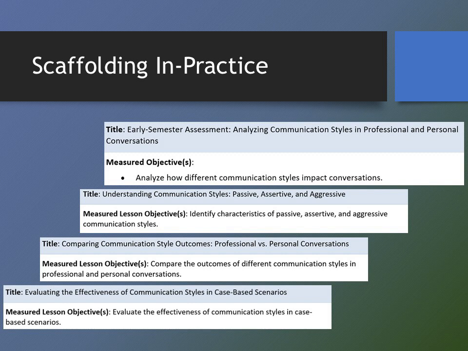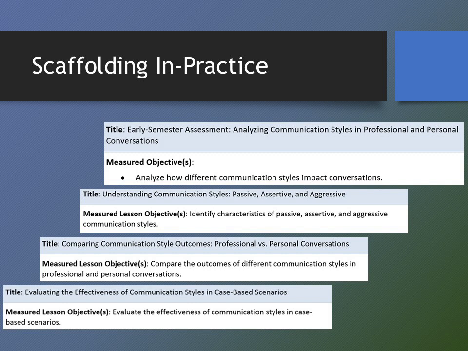of each communication style. This formative assessment supports the summative assessment by reinforcing students' ability to identify communication styles, a skill that will be essential for analyzing their impact in real-world conversations. Next, there's the written reflection titled Comparing Communication Style Outcomes, Professional versus Personal Conversations. In this task, students compare how different communication styles impact the outcomes of both professional and personal conversations. This written reflection prepares students for the summative assessment by practicing how each communication style affects conversation outcomes in different